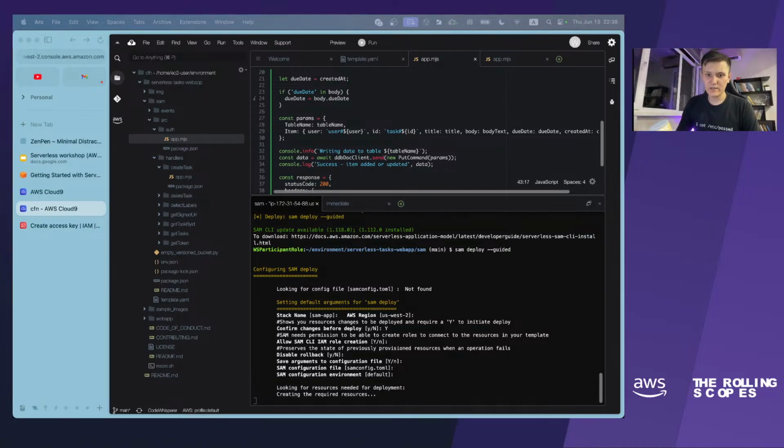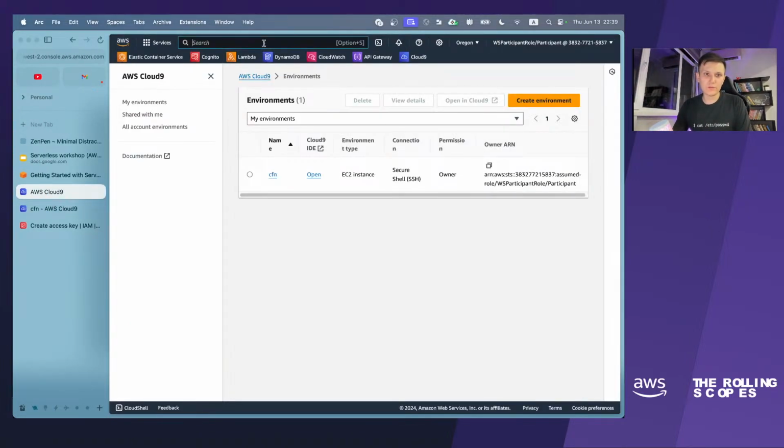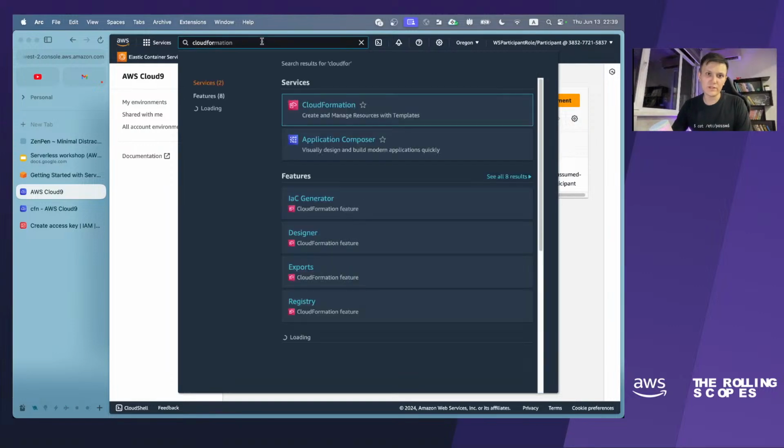And SAM will create all the resources under the hood, and that's very cool what SAM does right now. SAM will do some API calls to AWS to create all the resources which are listed in the template.yaml, and all the stuff that we have listed in the template is in creation status right now. We can check it actually. Let's go to the CloudFormation service.